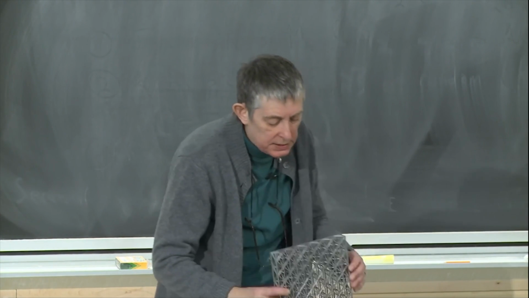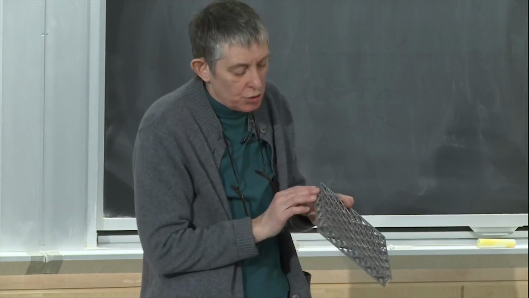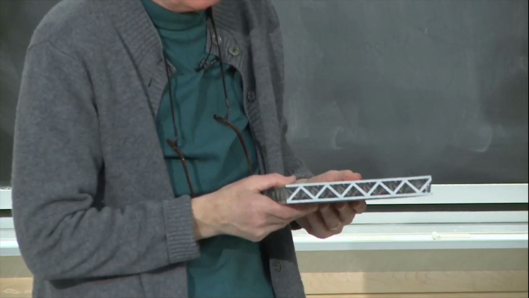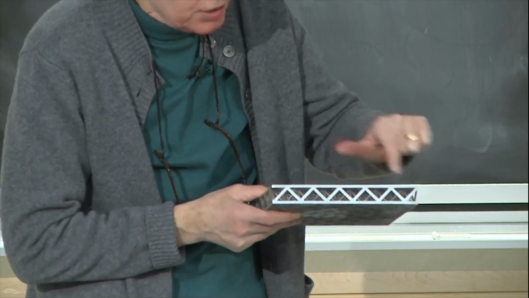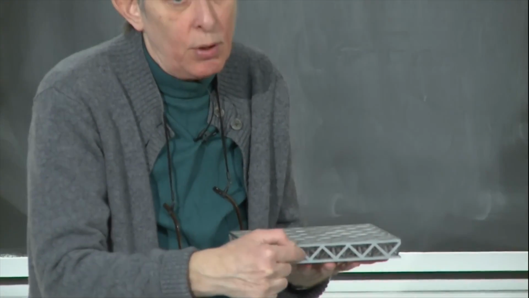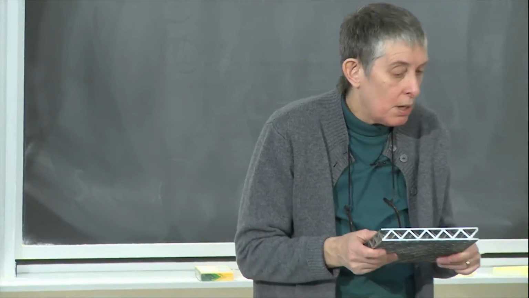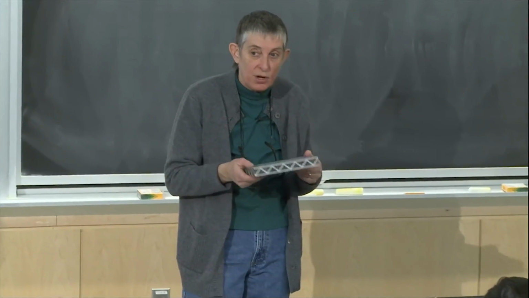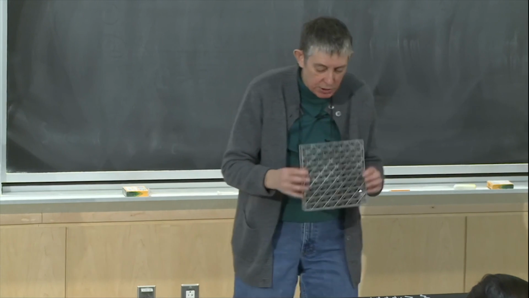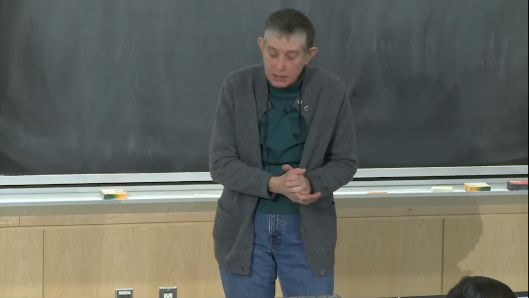And people made these lattice type materials to try to get something with a more regular structure, and especially a triangulated structure. You see how these things are like little trusses, triangulated? Triangulated structures, when you load them, say I load this like this, there are just axial forces in each of the members. And so theoretically, this would be higher stiffness and strength for a given weight than, say, a foam would be. So people were interested in these lattice materials. So this one here is made of aluminum. And I wanted to talk a little bit about how you can make these things.